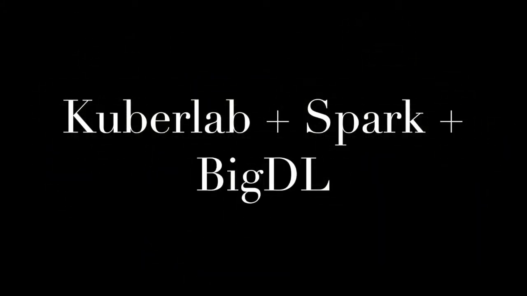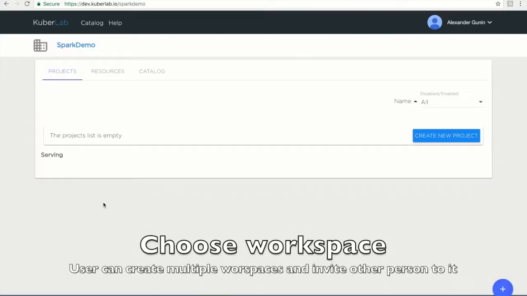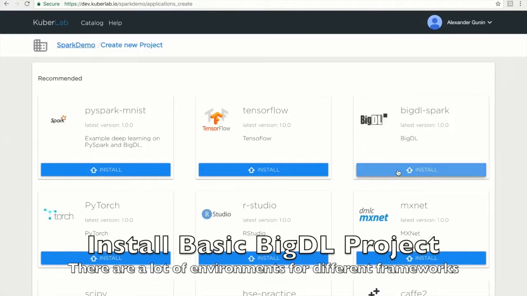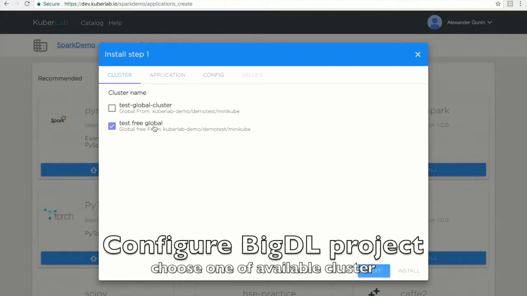Let's look at using Spark and BigDL libraries on Kuberlab to train a new model. First, we'll log in, choose a workspace, and create a new project. From the list of frameworks, we'll choose the BigDL Spark project. We'll select the cluster where we want to install this project,